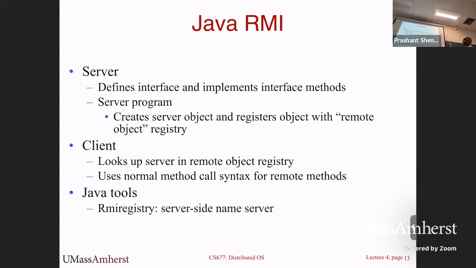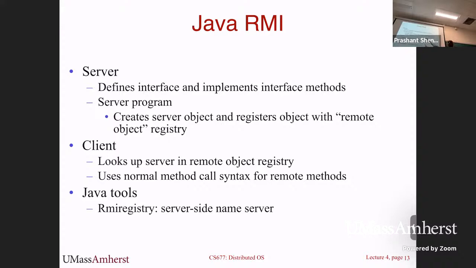Okay. So let's talk about Java RMI. I already explained that a Java RMI application will at least have one server, can have more than one, and a client. The server is going to define your interface. That's the set of methods it is exposing, and then it's going to implement each of those methods. So each of the interface methods has to have an implementation. To define the interface, you then implement code for all the methods. And then the server